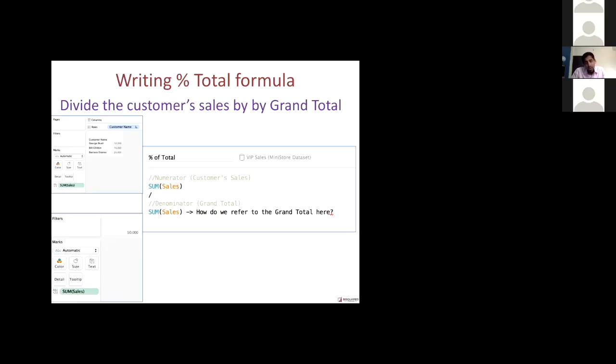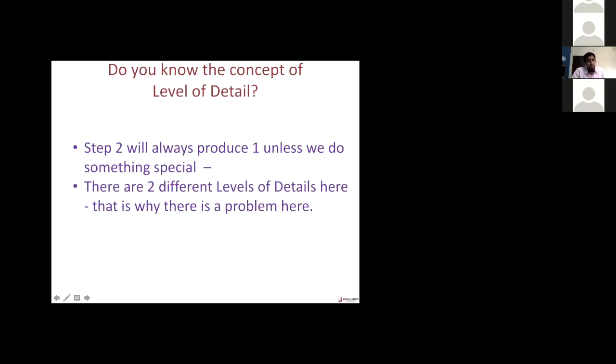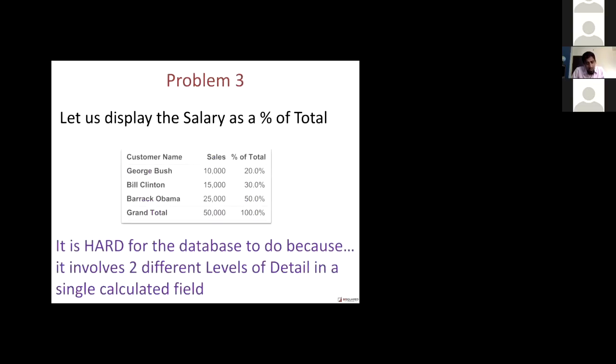For those of you who understand the concept of level of detail, here we are talking about 2 levels of detail, really, right? Here, grand total is operating at another level of detail. Here, customer is the level of detail. So that's why in a single calculation, one part of it we want to channelize the current level of detail. The other part of it, we want to ignore that and go 1 level up, really, right? So it's hard for the databases to do this because it involves 2 different levels of detail in a single